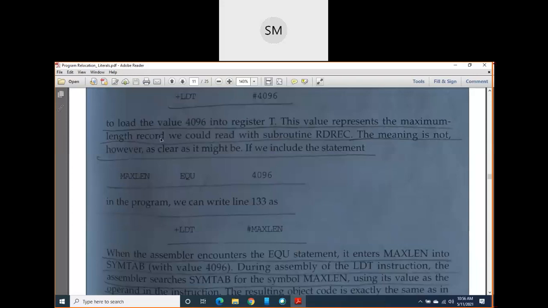It is a paragraph, and I am calling it the length of that record, but it is the maximum length. Because of that, the buffer size is also 4096. The buffer can hold only 4096 bytes, meaning 4096 characters, just like one paragraph or one lengthy string. That string or paragraph I am calling a record.